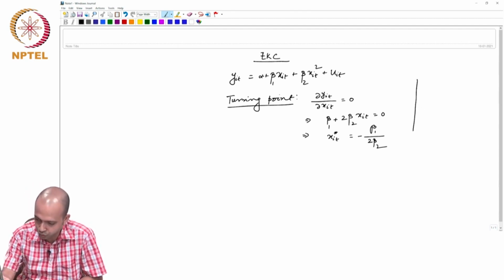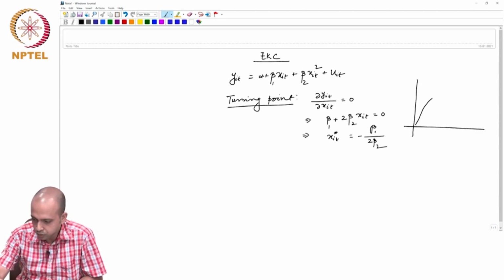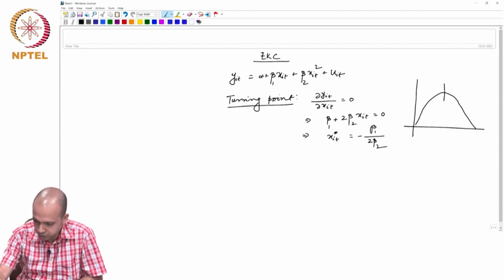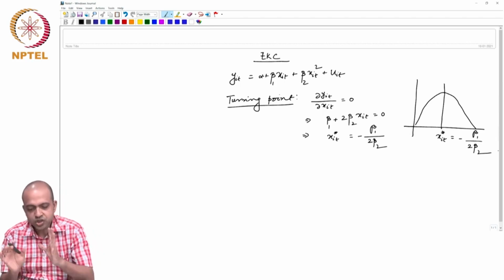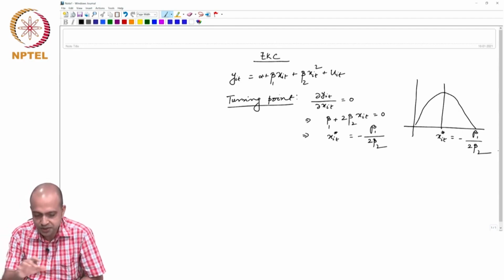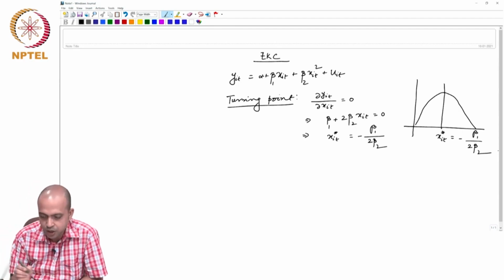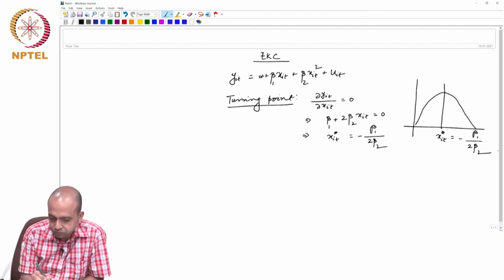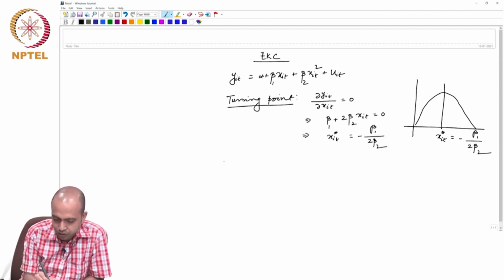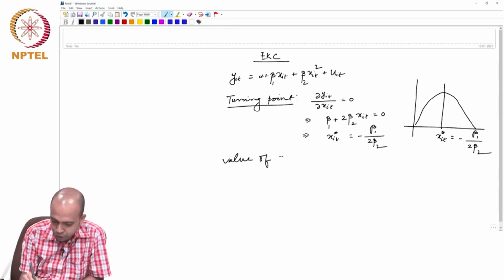So, when you draw the EKC, if this is your X_it star, this is actually equal to minus beta 1 divided by 2 into beta 2. Okay. This is how we can get the turning point after estimating the environmental Kuznets curve, and in the empirical literature, the value of this turning point, or TP,